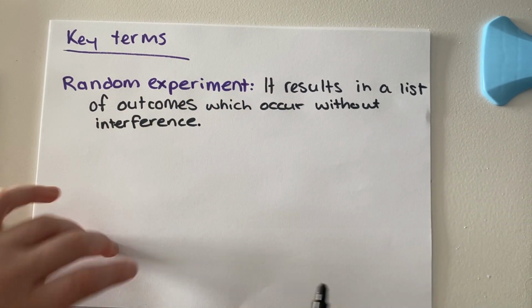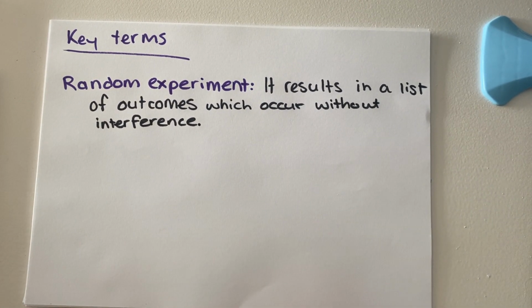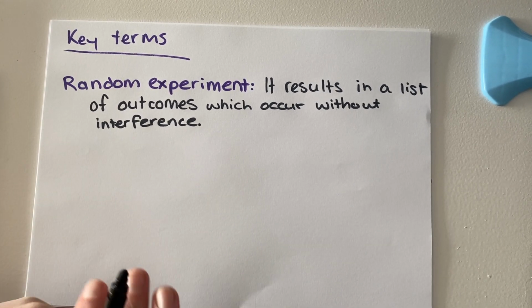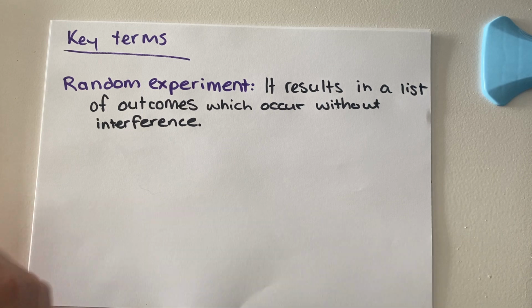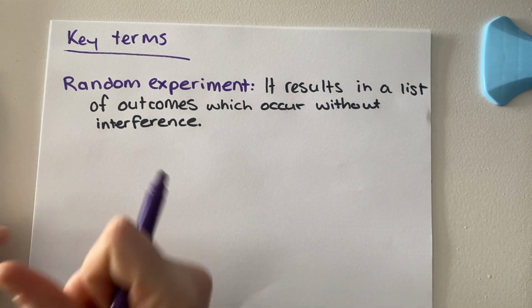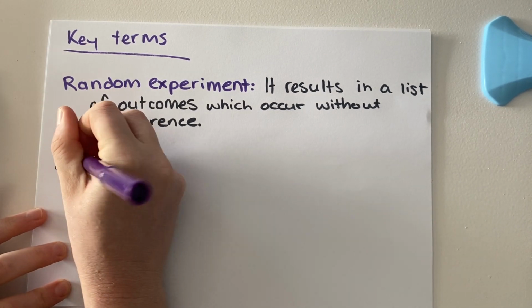So when we say without interference, we mean like a rigged dice, so one that's weighted to make it come up a certain way, or when you put your hand there to try and stop it from going over. So basically you do it and it happens and you don't do anything to try and change it. So when we talk about outcomes, which is our next word,